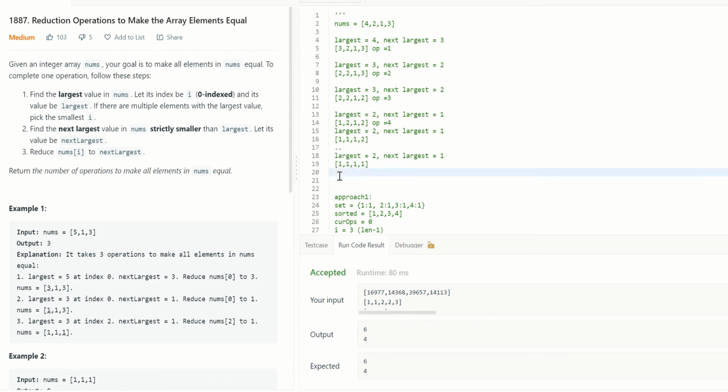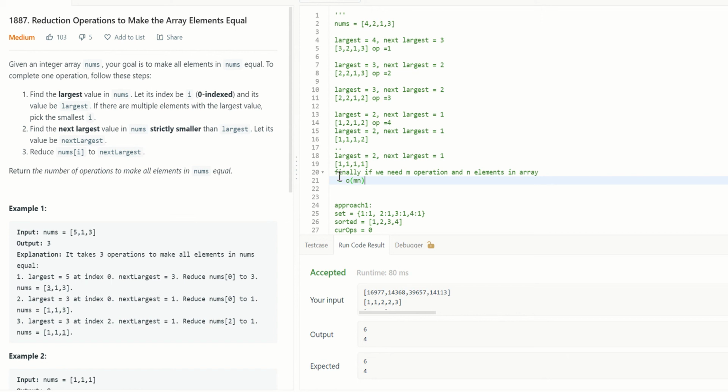So what we are saying is, if we need m operations and n elements in the array, then for every operation we are trying to find the largest and next largest, which will take order of n, and we are doing m operations. In that case, the time complexity will be order of m into n. But can we actually improve? That's what we have to look for. So this is the brute force.